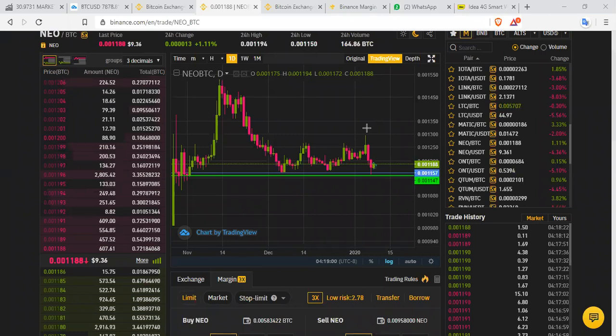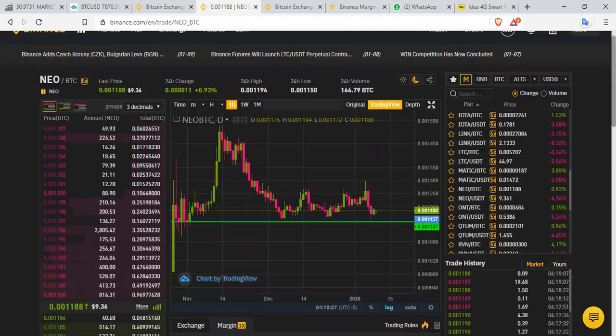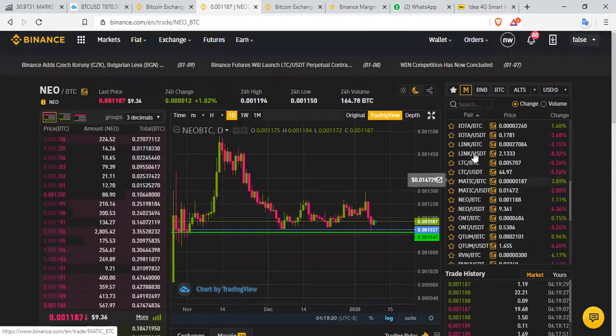It might be somehow difficult when I was explaining it. So if you watch it over and over again, you will understand how it works. It's very easy to short altcoins, most especially when BTC is pumping. Altcoins will dump. And take note of this: if you want to short any altcoins here on this margin trading account, what you are going to do here is look for